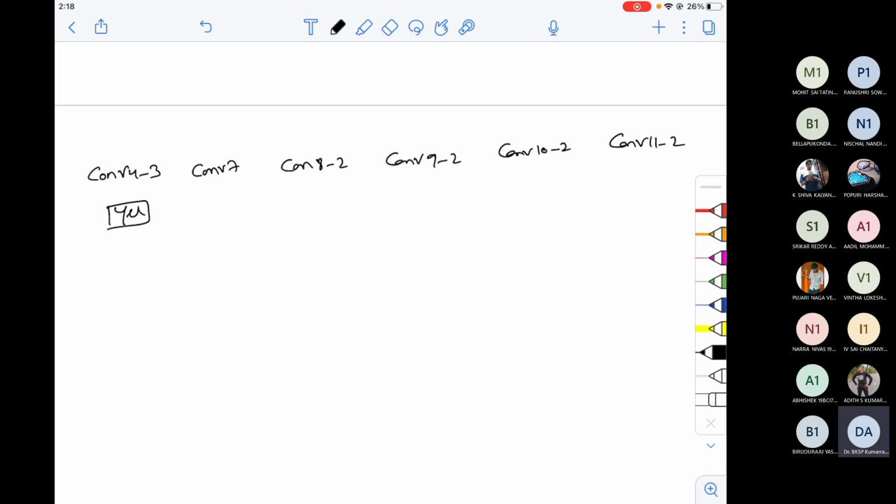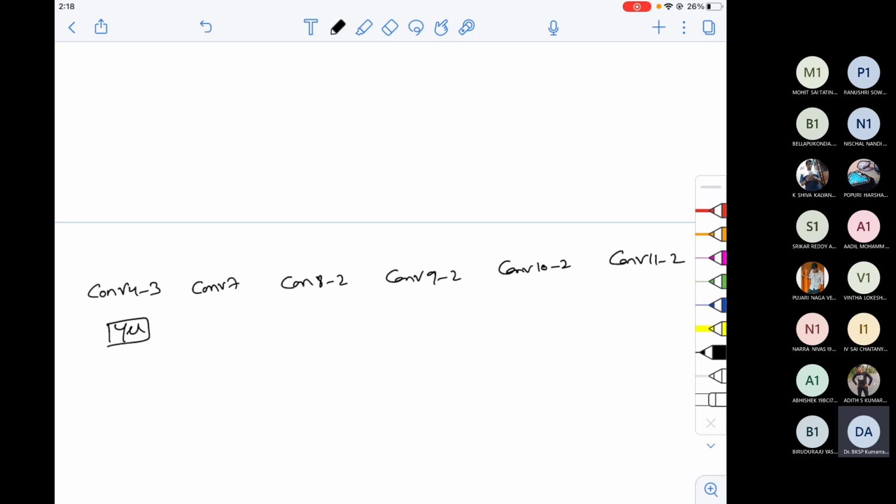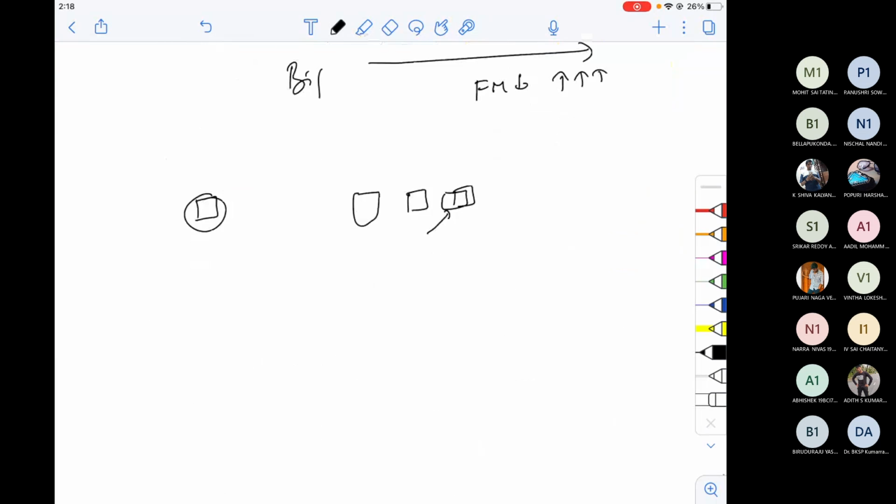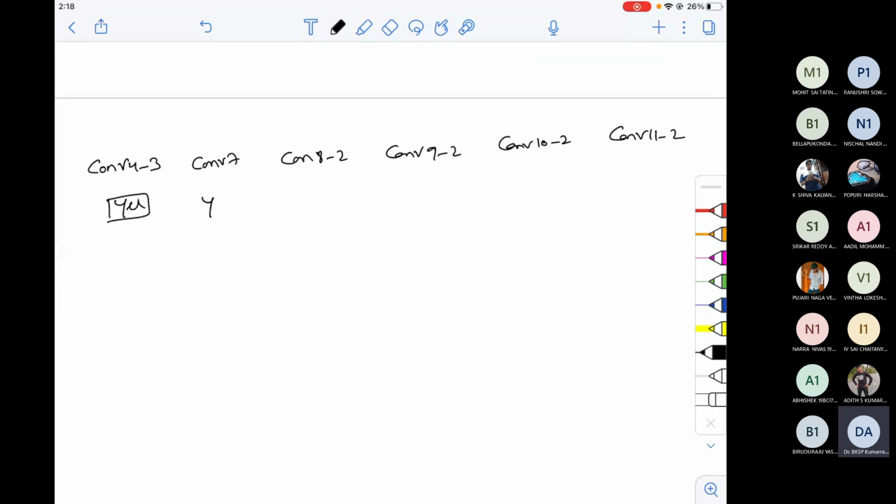They're passing the output of conv4 to this fully connected layer, also passing the output of conv7 to the last but one layer, also passing conv output to conv 9, conv 10 and conv 11 also.